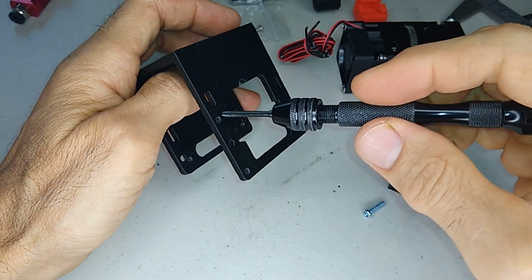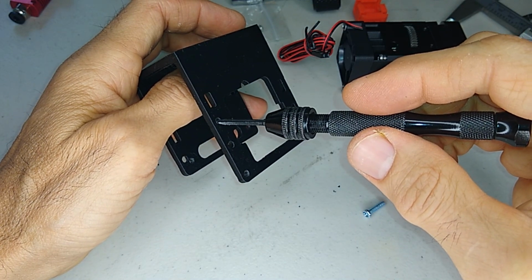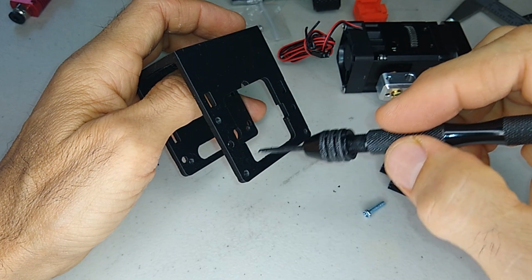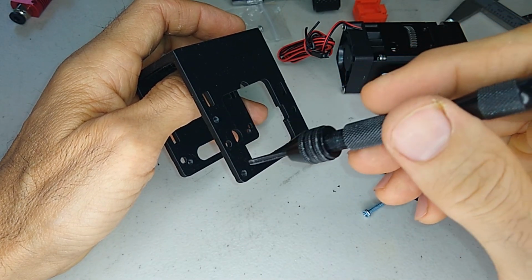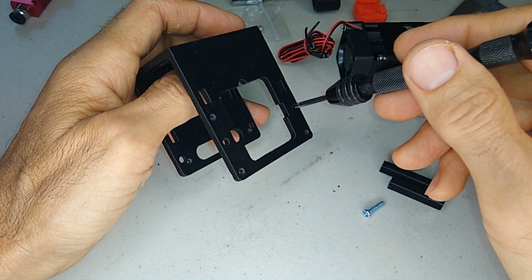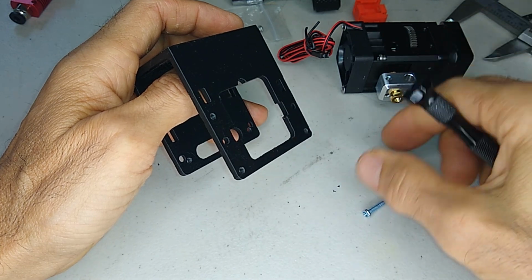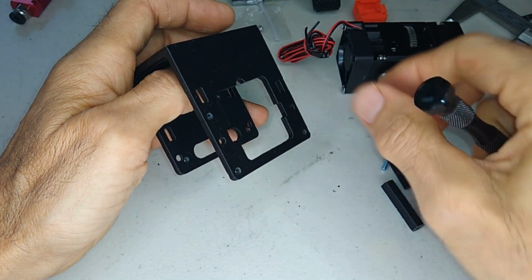So I also tapped these places here. So this is going to be where the bracket that bolts onto the extruder is going to go. So these 2 get tapped. This one gets tapped. This one is a straight through, and it's going to go into these parts right here. On the back side,